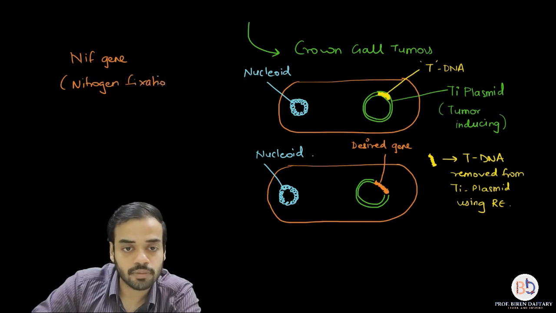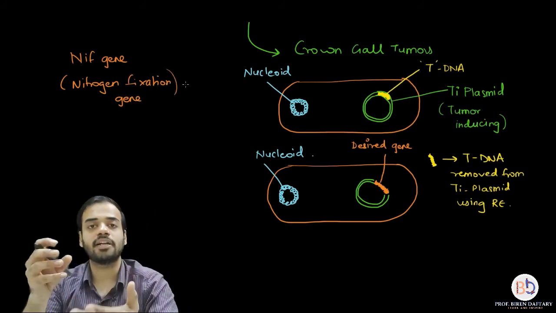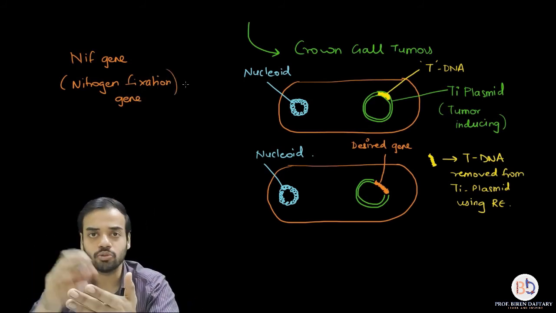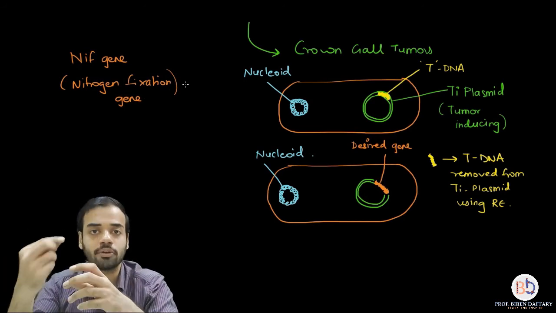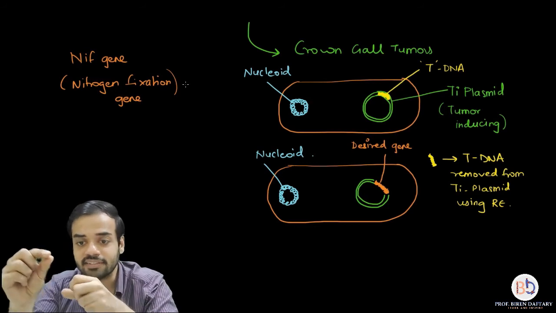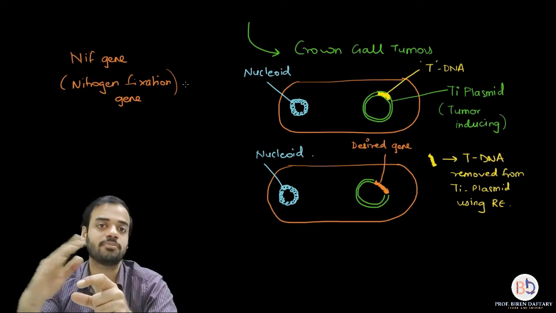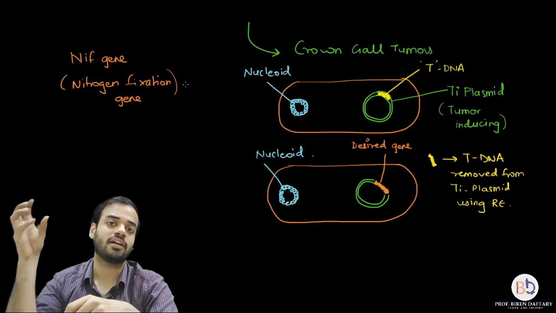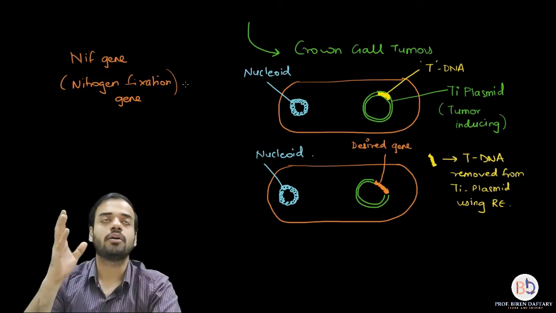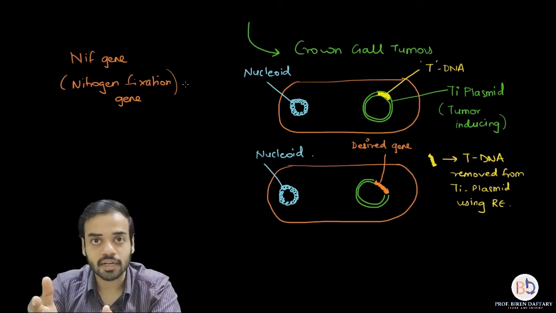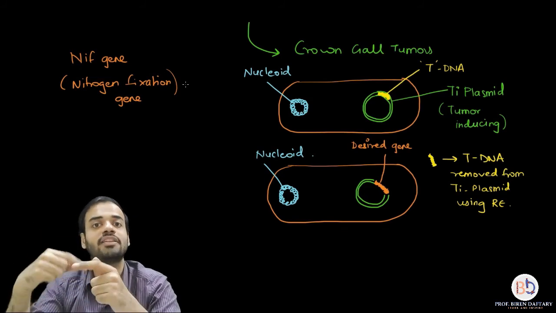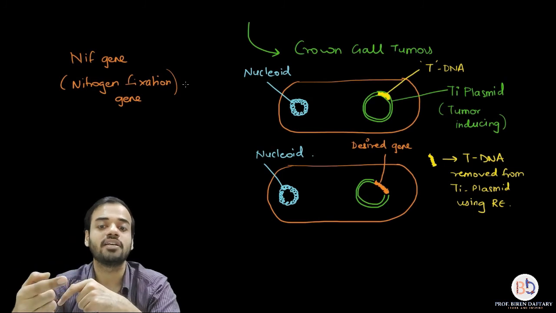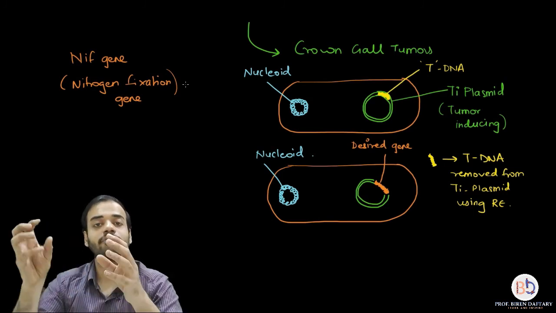So normally nitrogen fixation cannot be carried out by plants. It is done by nitrogen fixing bacteria. You know that, okay? But if I know about a gene which is called nitrogen fixing gene, and if I can insert it into that empty area of Ti plasmid after removing the tDNA, and then if I allow the agrobacterium to infect the host plant, then that plasmid will be released into the host plant Ti plasmid, and along with that, that NIF gene will also be inserted. Are you getting this? So it will show its effect.